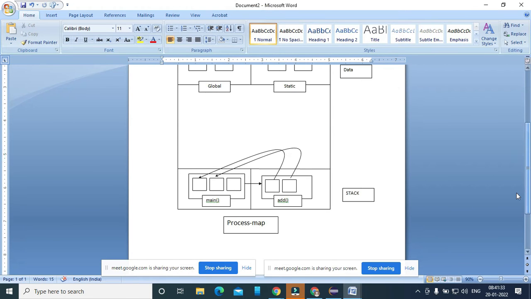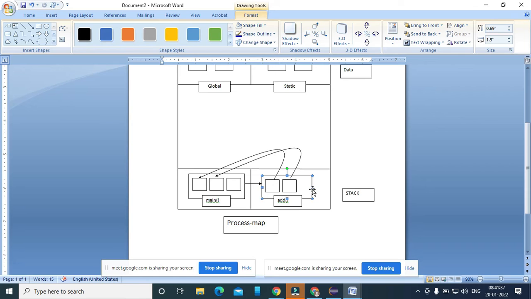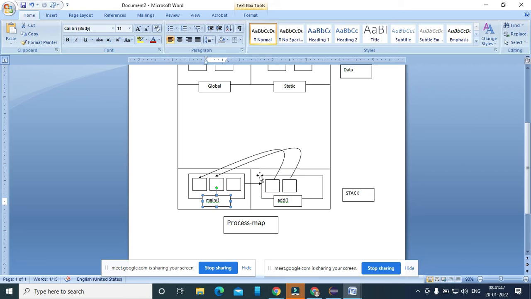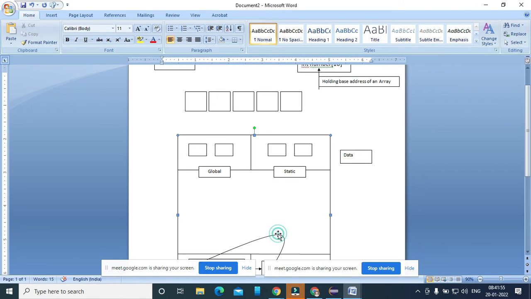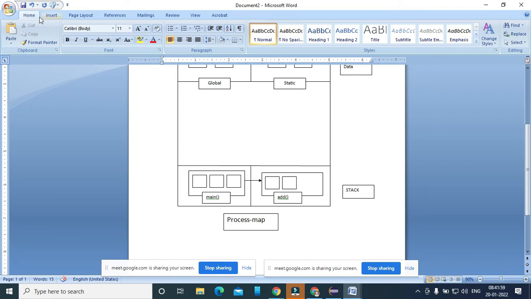Okay, so when you are sending those parameters across the function, at that time the life of these two variables exists within this main, and when the control goes to add, at that time we are losing the content. So we don't want to lose the content, so in that case the people are sending those values across